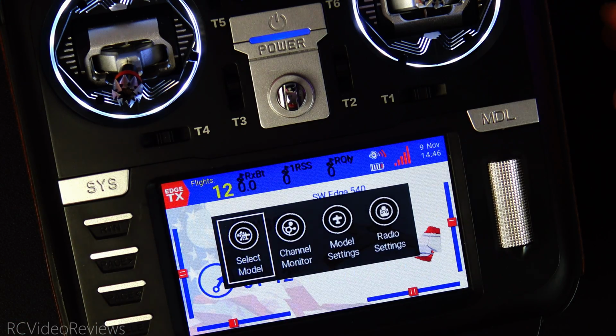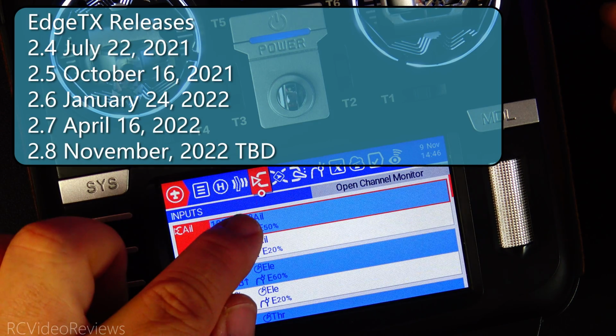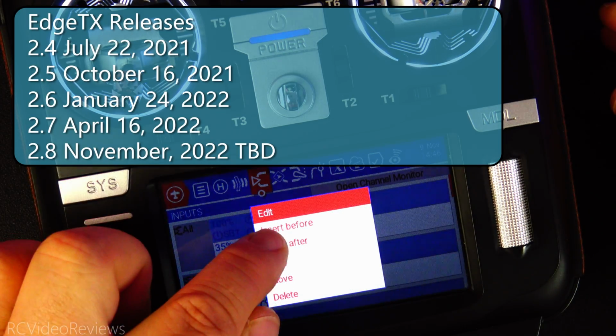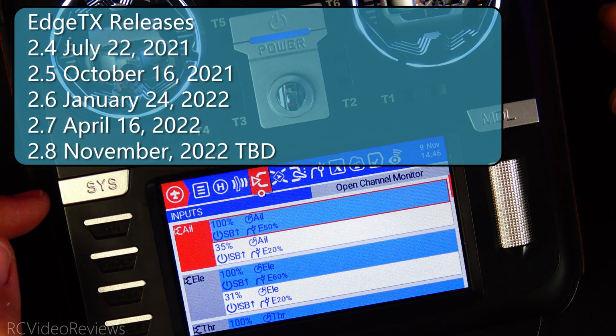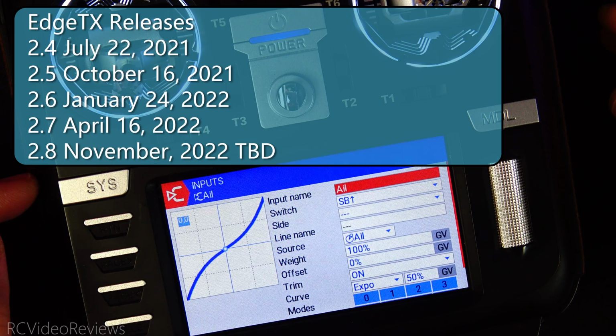The first release of Edge, version 2.4.0, dropped on July 20 of 2021. Since then, the Edge team has delivered 3 releases, 2.5, 2.6, and 2.7, and 2.7 also saw a maintenance release of